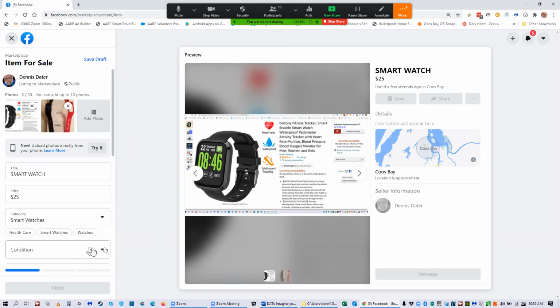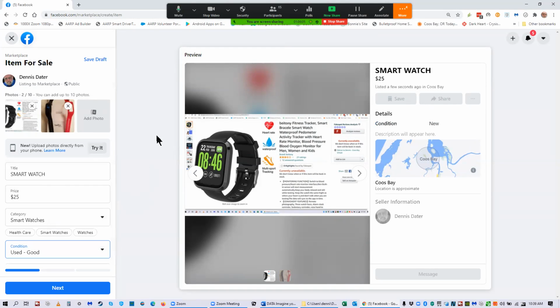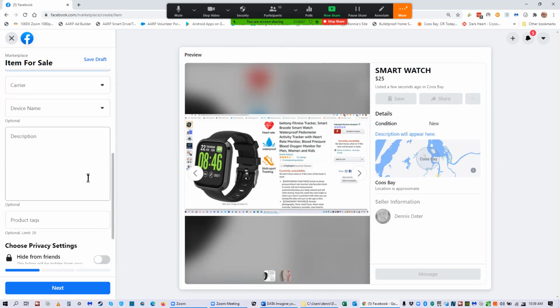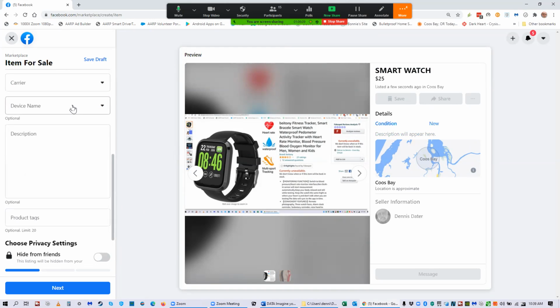Category, I'm going to say smartwatch. It's not really that smart. The condition is somewhere between like new and good. So I'm going to put good. All right. And the device name over here,